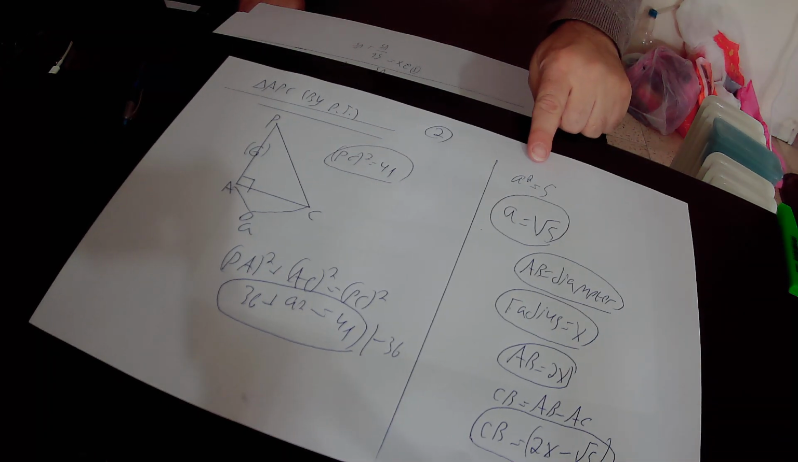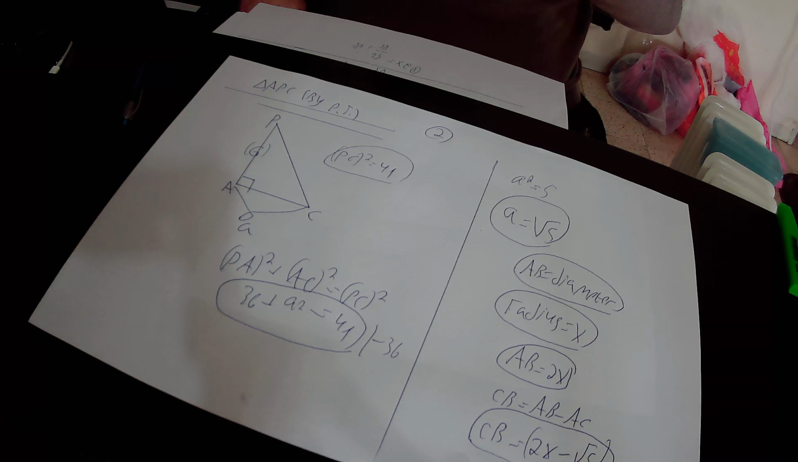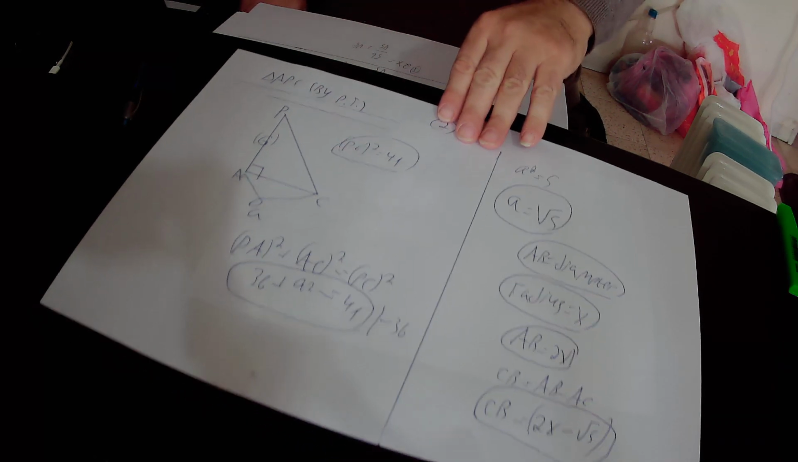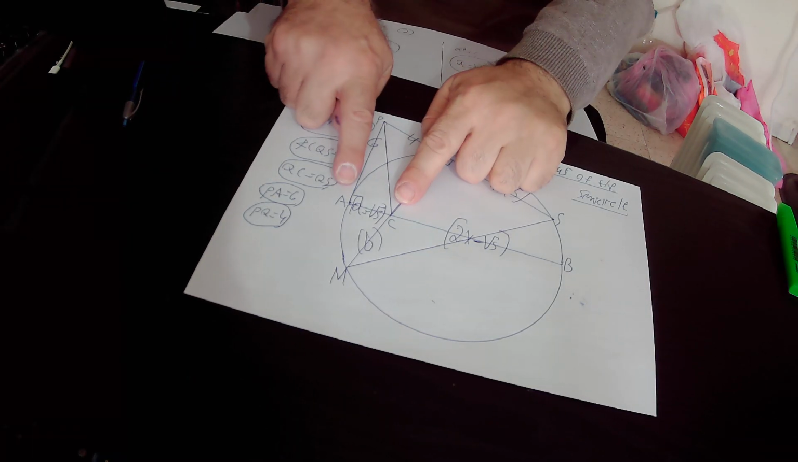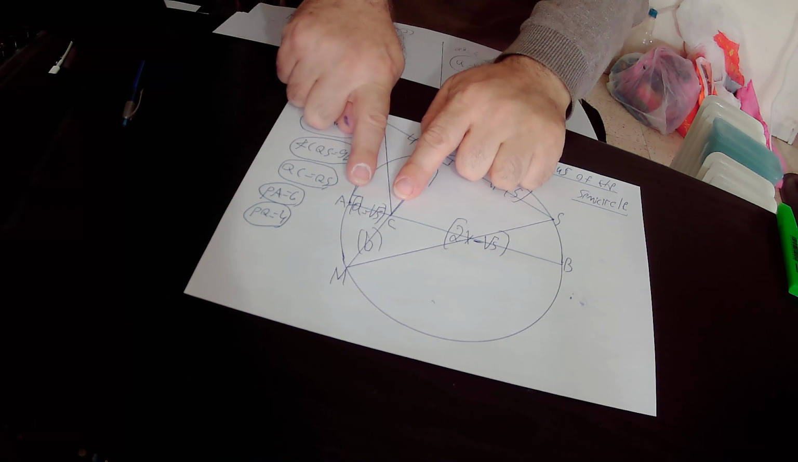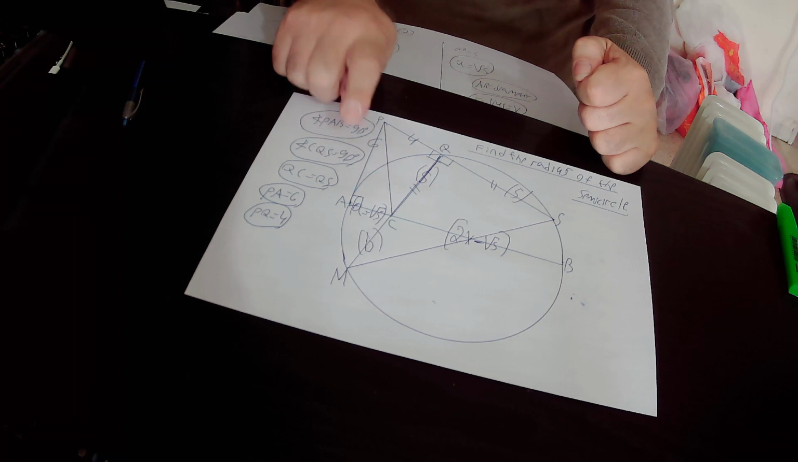Here we took a root out of this equation and finally found out that A equals the square root of 5 units. That is to say, AC is equal to A, which is the square root of 5 units. So we can write here that AC equals A, or AC equals the square root of 5 units. Okay, then